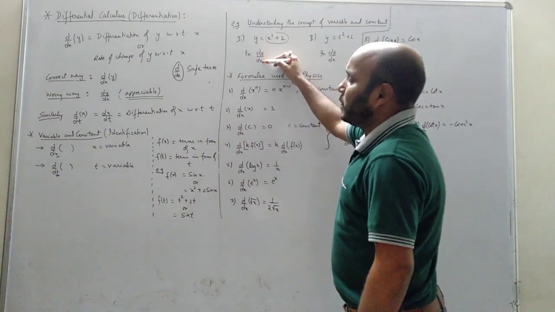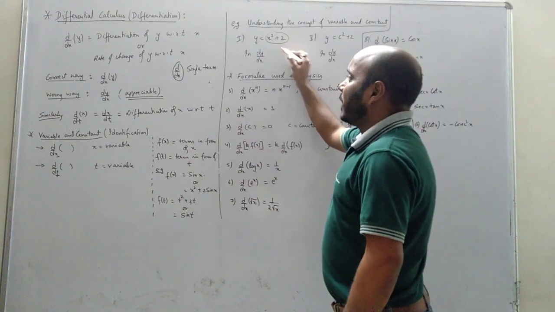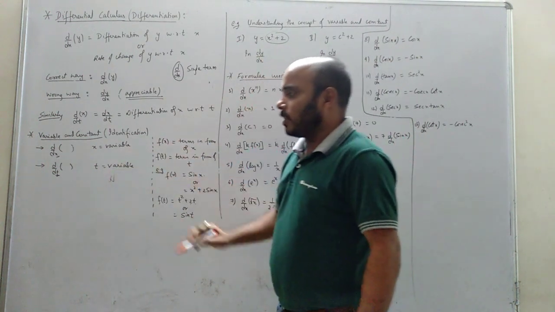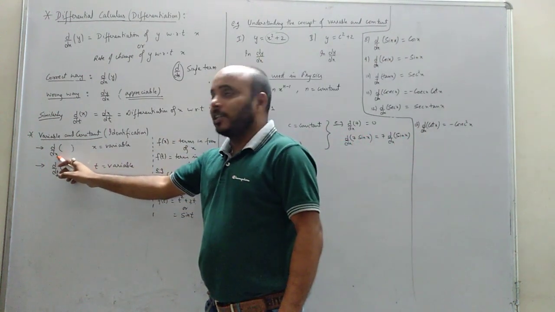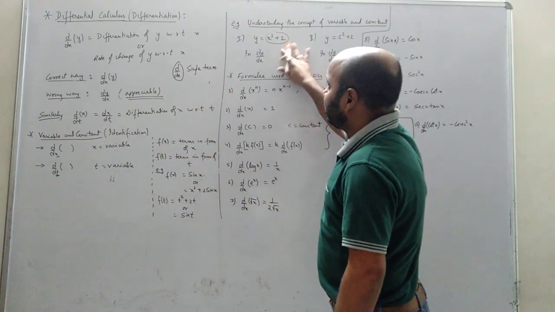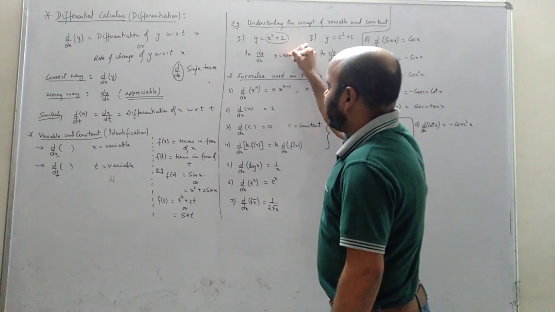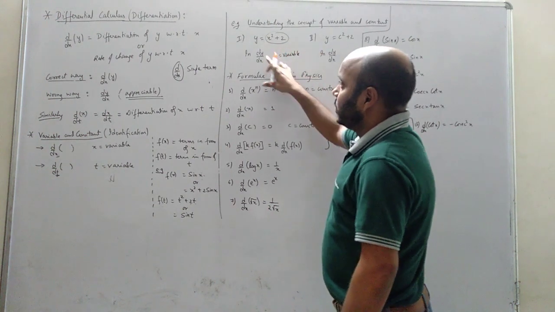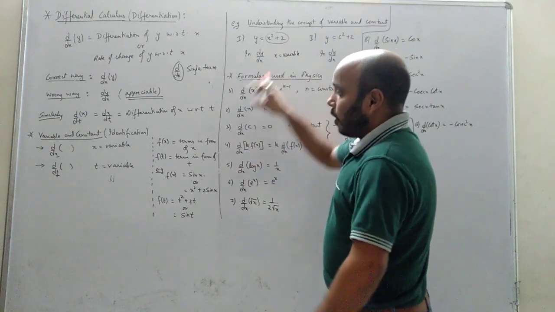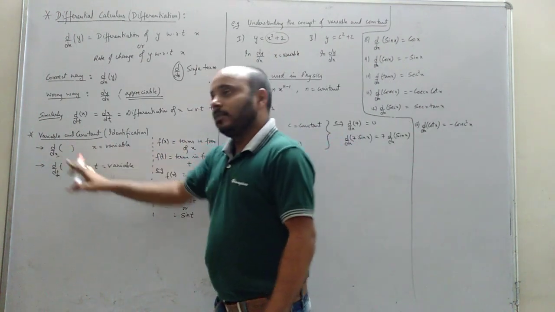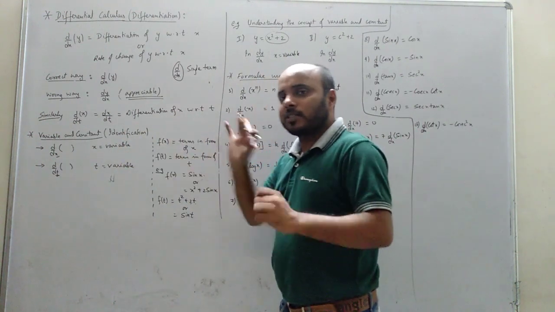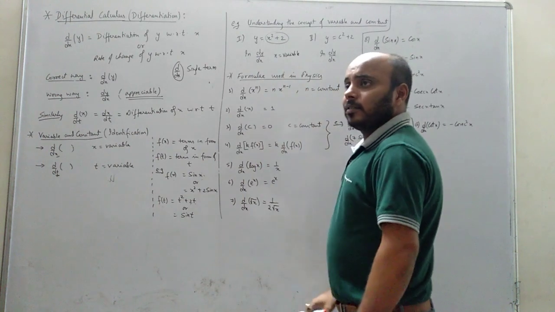Now, if we have dy by dx, that means differentiation of y with respect to x. Now, we need to identify which is a variable and which is a constant. From this concept, whatever we have in the denominator is a variable. So what do we have in the denominator? x, that means x is variable here. x is variable in this condition. What mistake will you make? You may say, sir told us to look at the denominator. That is, x is variable. Other than x, whatever we have is a constant. That is, y is a constant.